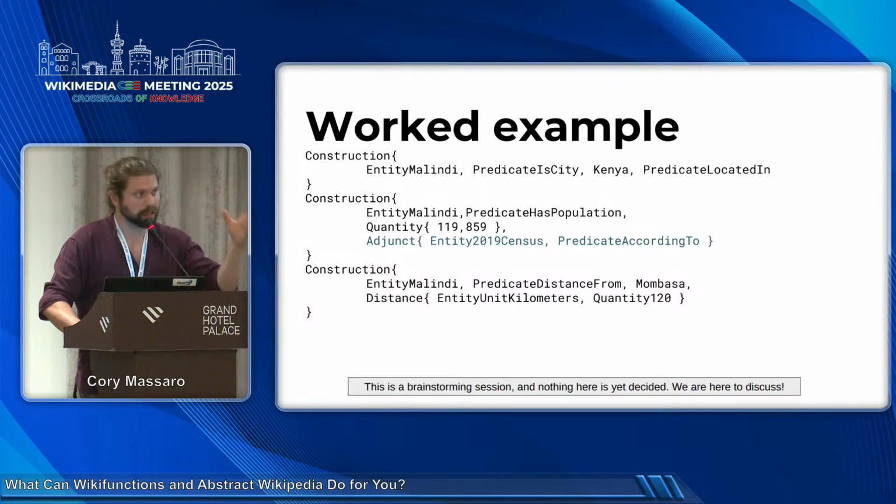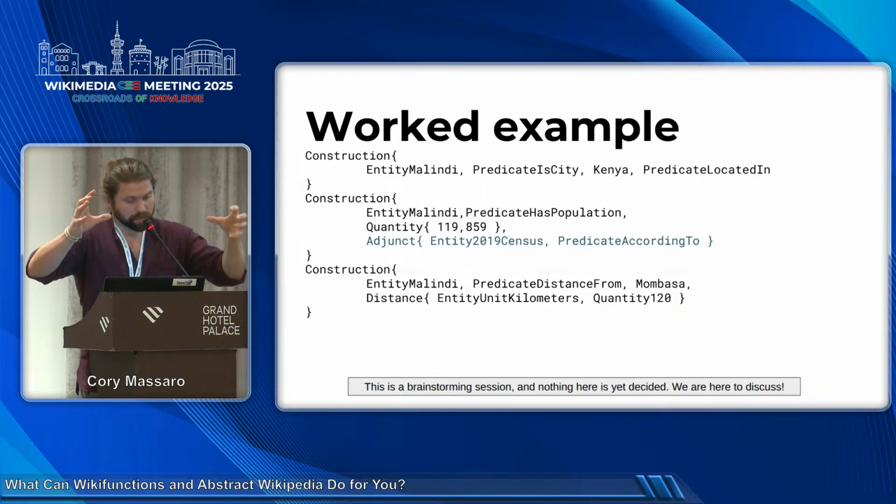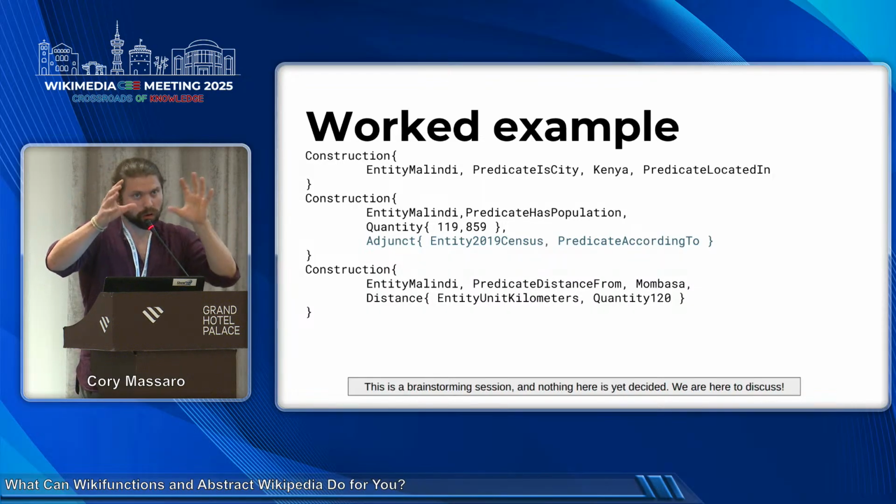You know that Malindi is a city. You know that it's located in Kenya. You might think of them as semantic frames. You might think of them in a number of different ways, but basically these are more or less atomic facts that you might want to represent in an article. Again, we're still working out how to make these cross-linguistically compatible and how much can be inferred from Wikidata.